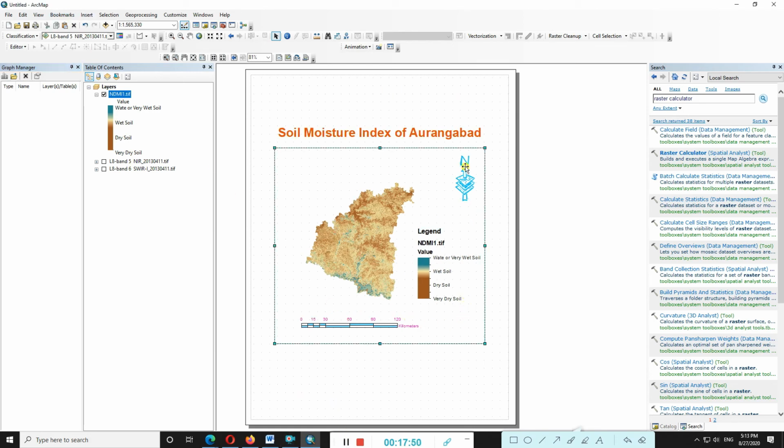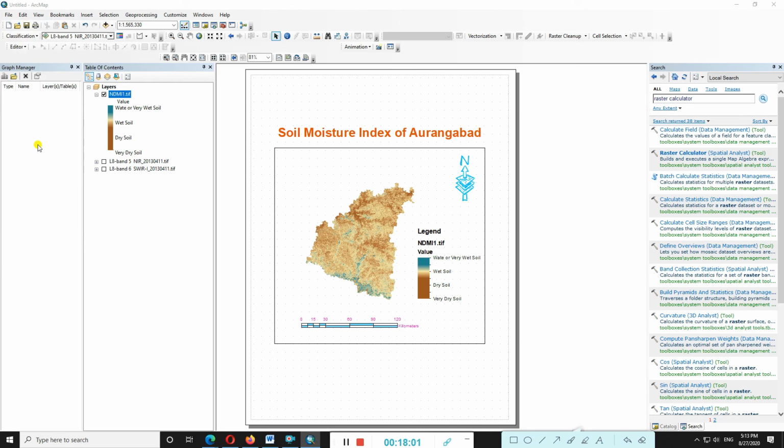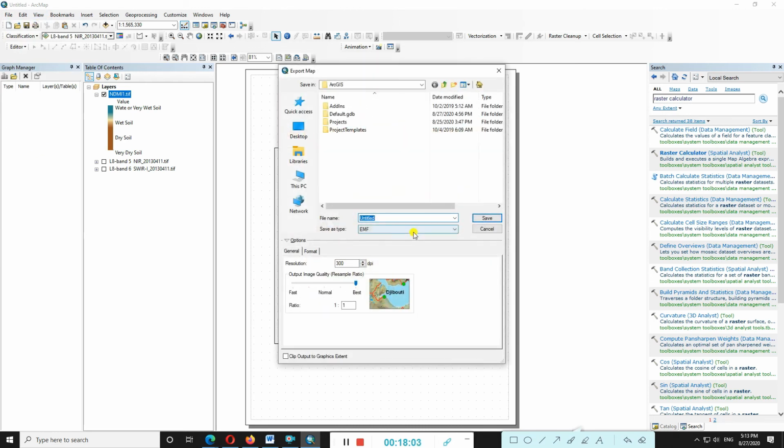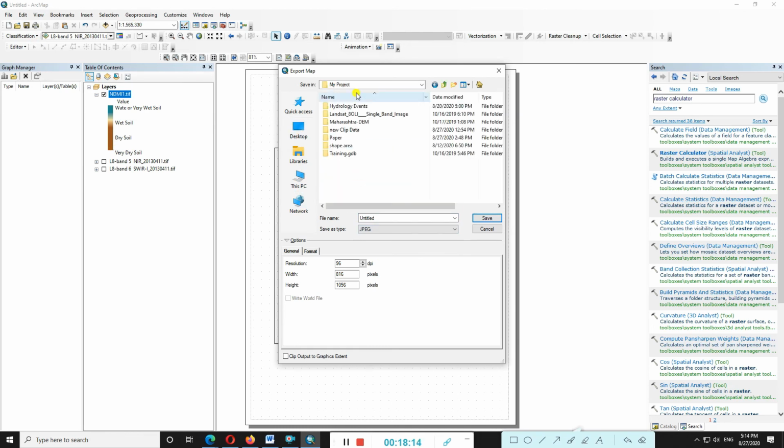So now we are exporting this data to a particular directory. Just click on here, file, and export the map. Click on that menu option. You can look here, which format you want for that map. Yes, we are adding that map to a particular directory. Go to the desktop and my project, new project result.